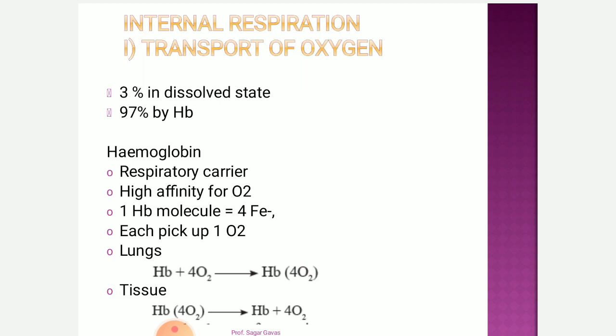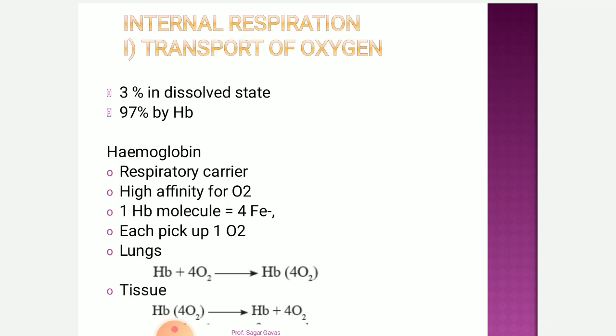Now today we are going to discuss the next two parts, that is internal respiration as well as the cellular respiration. Now, internal respiration can be classified into two categories: transport of oxygen and transport of carbon dioxide. Oxygen is carried by either hemoglobin or plasma. In the plasma, oxygen is in a dissolved state, whereas 97% of the oxygen is carried by